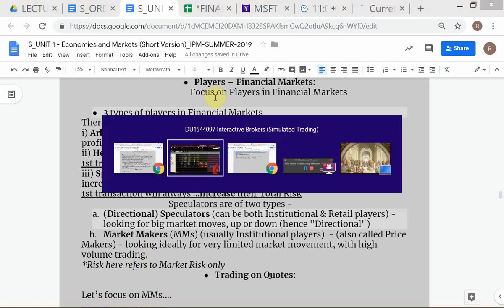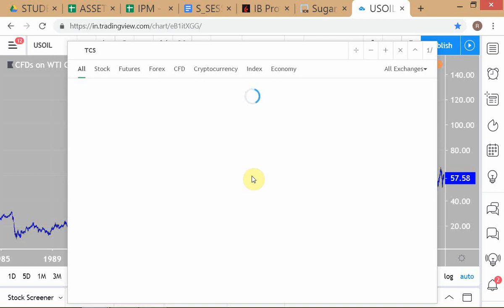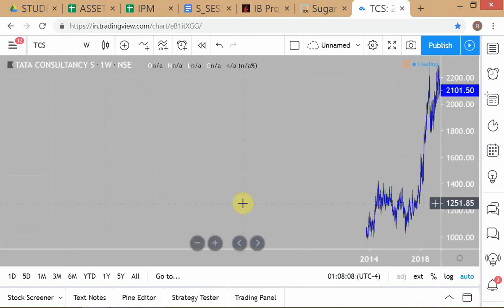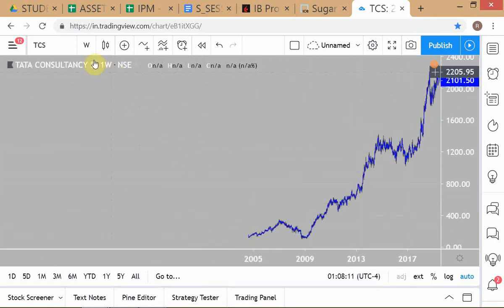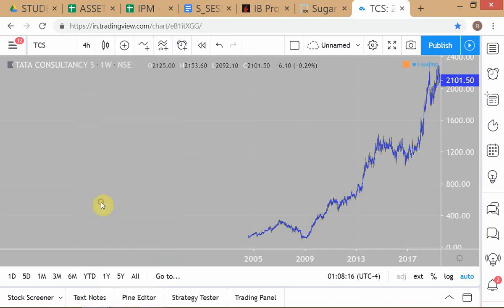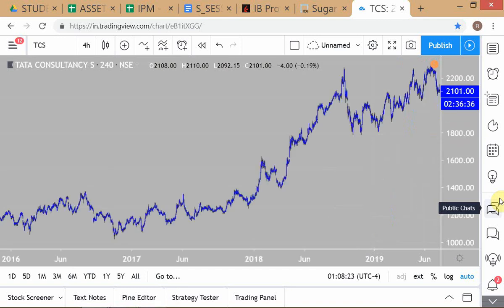So if you go back to that example, let's say when I bought TCS. In this case, what I did really was, I looked at this chart briefly, and it looked like an uptrend to me. And so Aurora was asking this question of why did you decide to buy and not to sell?